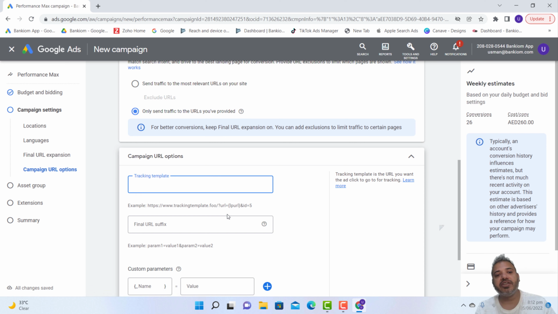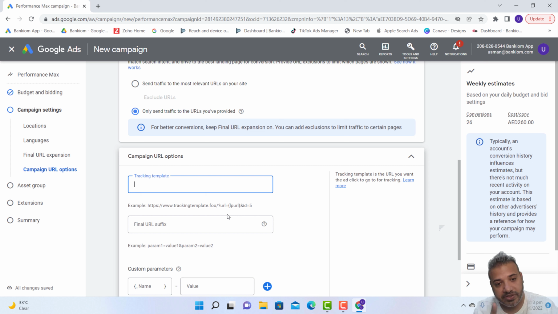So what are tracking templates? A tracking template is basically a snippet, a small URL or a code that you put before your URL, so that it will give you additional tracking or the source of tracking of your campaign. For example, if I want to know which keywords are bringing traffic to my campaign, which ad group is giving more results, which device the traffic is coming from, or which creative is bringing more traffic, you can put this tracking code behind your URL,